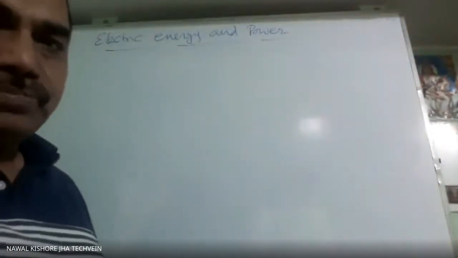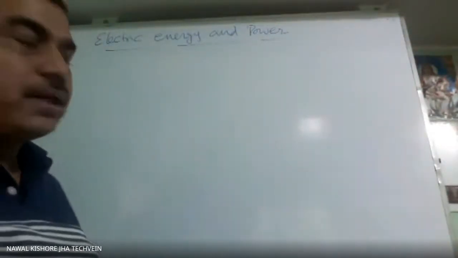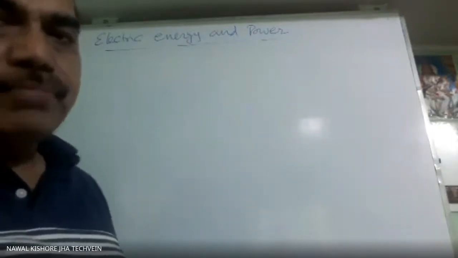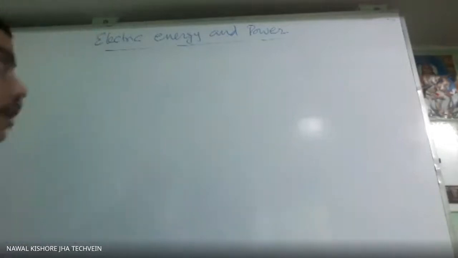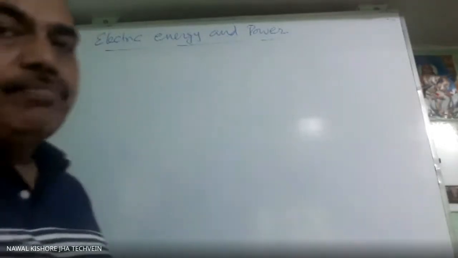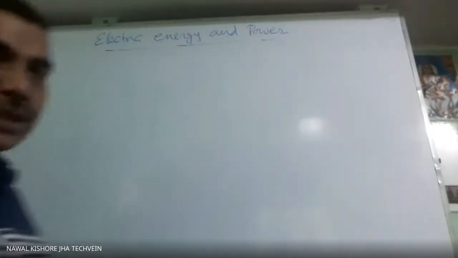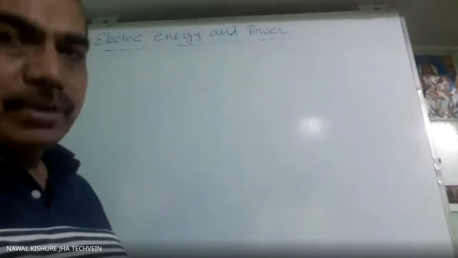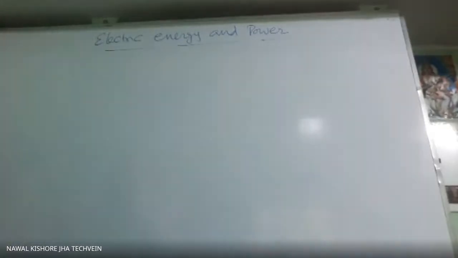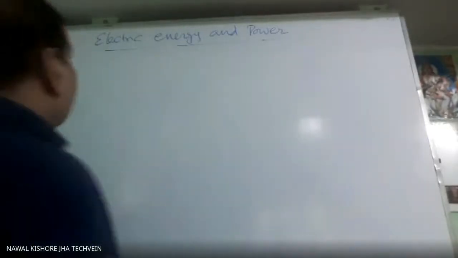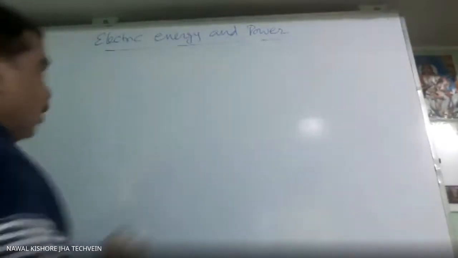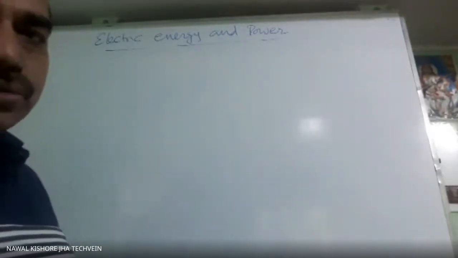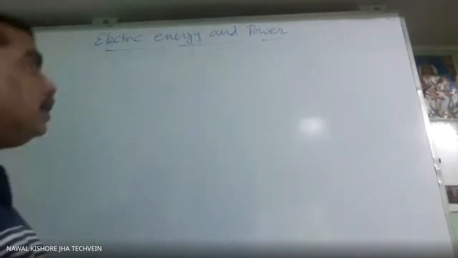In the previous chapter we have done work, power, energy. That power we call mechanical power, the power of any machine. Here we discuss the power of an electrical appliance. So there is a slight difference between this power and mechanical power. So what is electric energy, or how much energy will be consumed? How much energy is supplied by the source? All these we will discuss here.